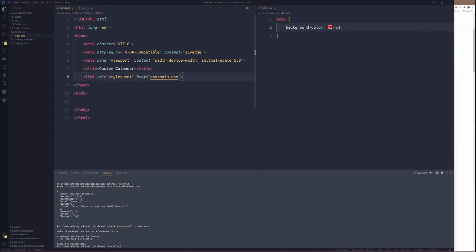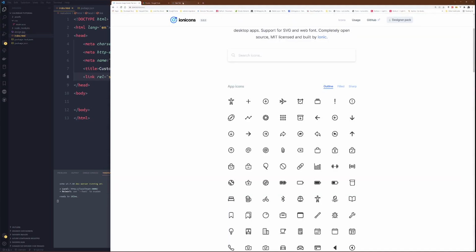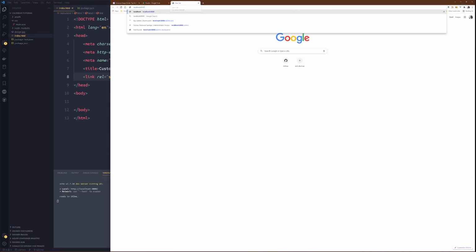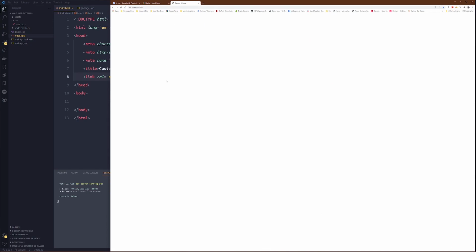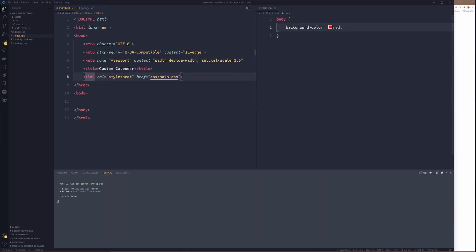To run Vite, to run the live server, we'll type in our terminal npm run dev. Then localhost 3000. All right, let's see.